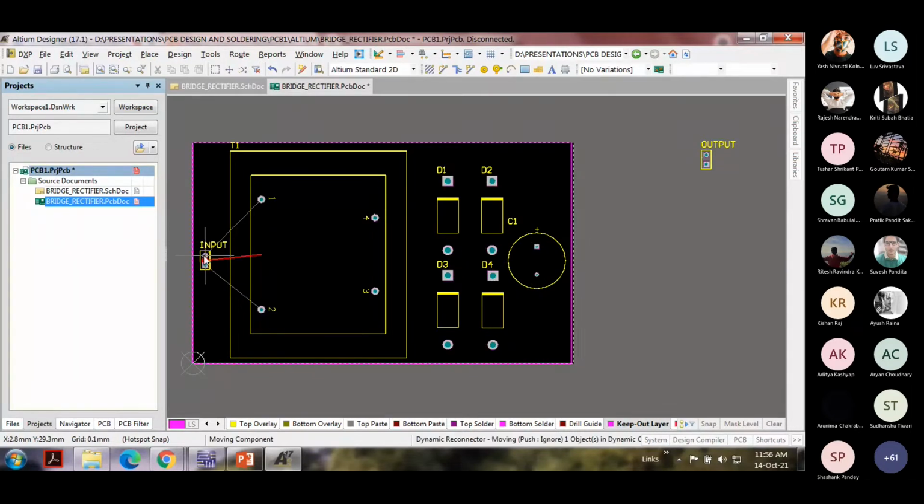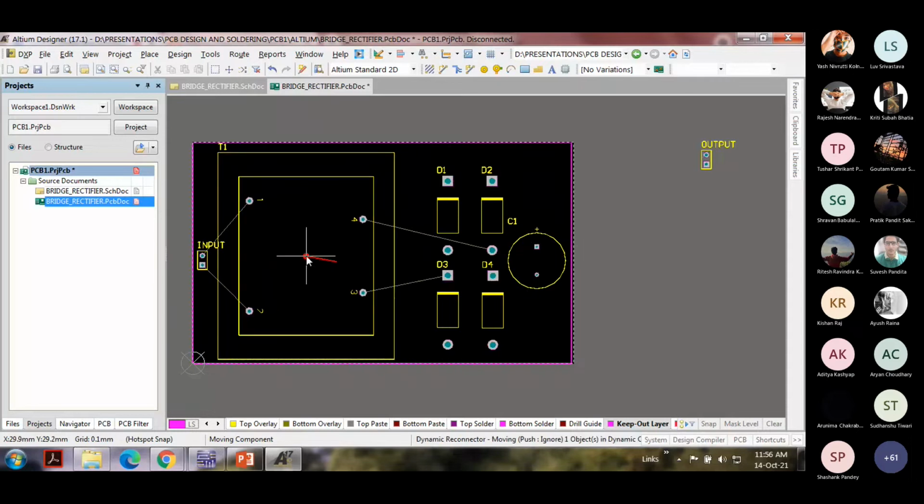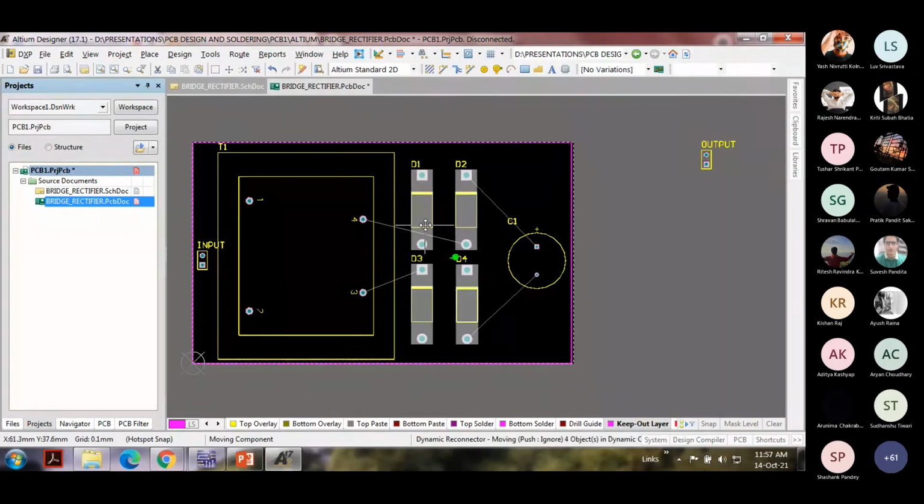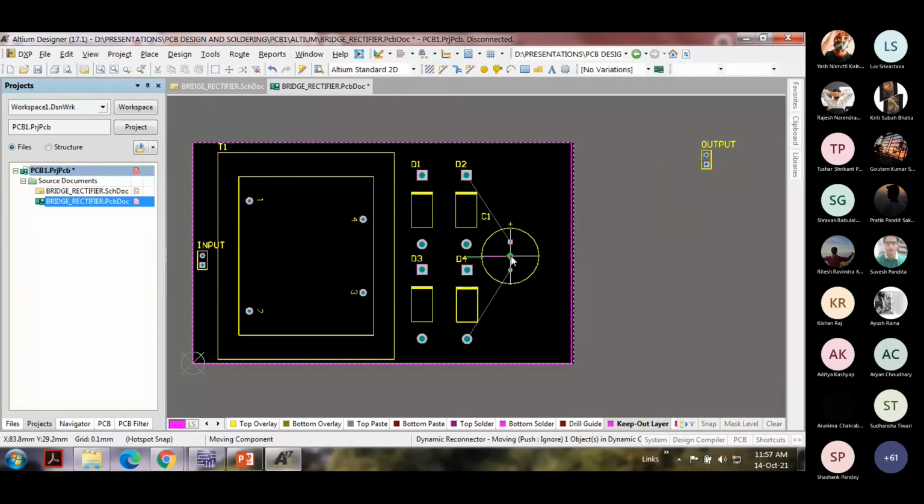Fine. I can select all the components at the same time and shift them like this. This is going to be a very tight finish.